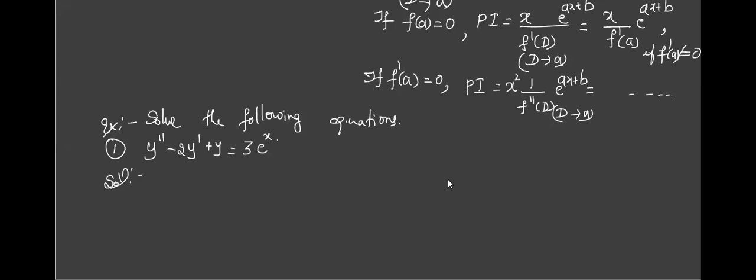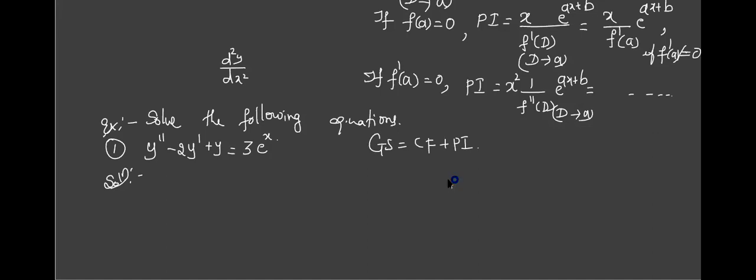Tell me, homogeneous or non-homogeneous? Non-homogeneous. Clearly you can identify it. So your GS depends on what quantities? CF and PI, both. Now usually what we prefer, if they have given y double dash, or it may be given like d square y by dx square, whatever it is, we try to write it in terms of capital D. That is most important. If you write in terms of D, the theory is explained in terms of D, and it becomes easy.